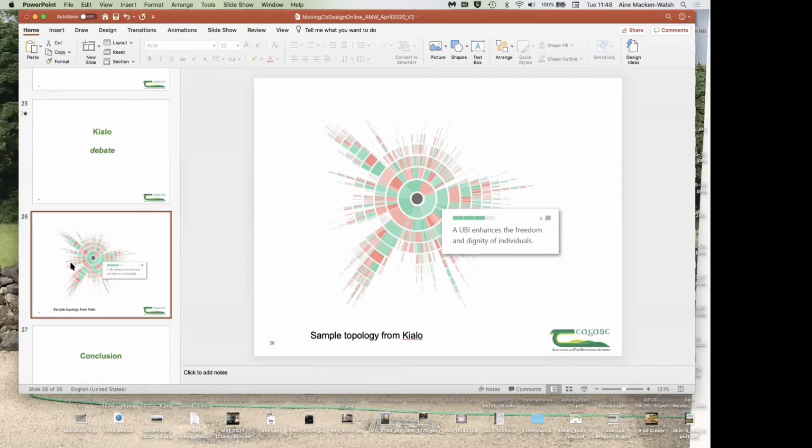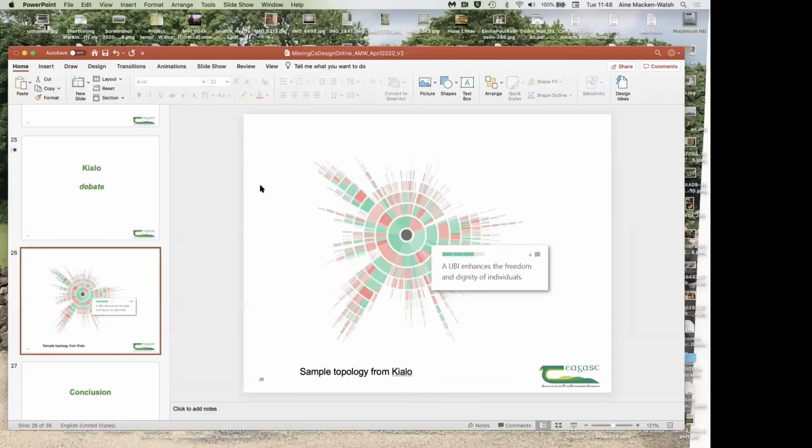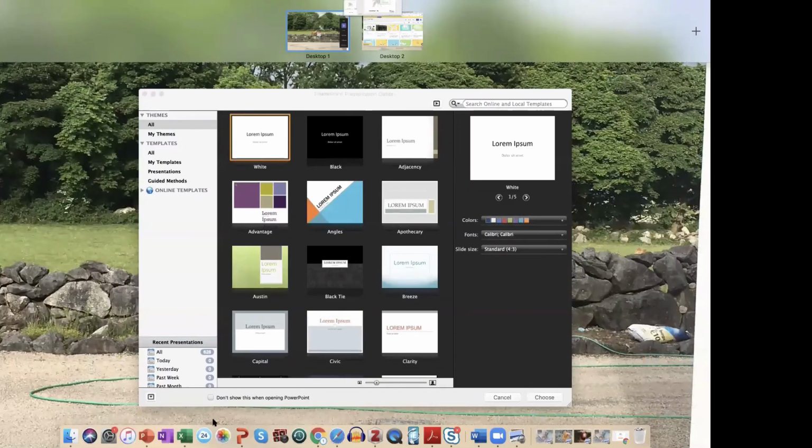The situation whereby people are asked to go on one side or the other stimulates debate, and an awful lot can be learned from debate. So what Kialo does is, and I'll just show you one we set up just for the sake of demonstration.